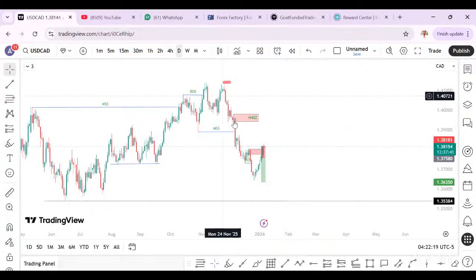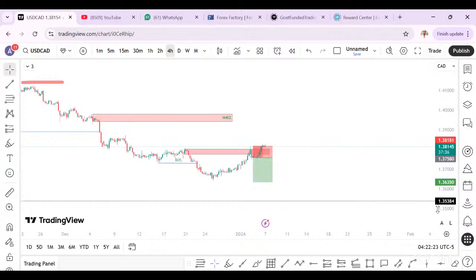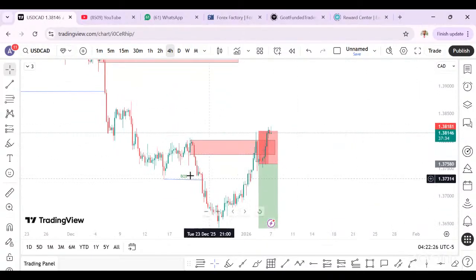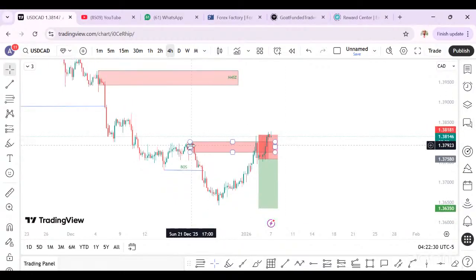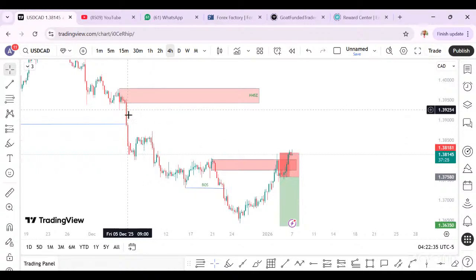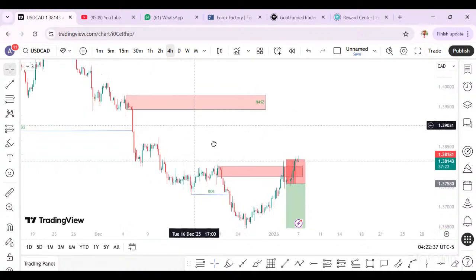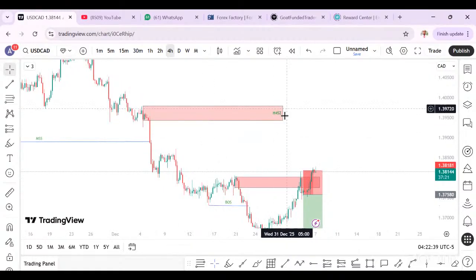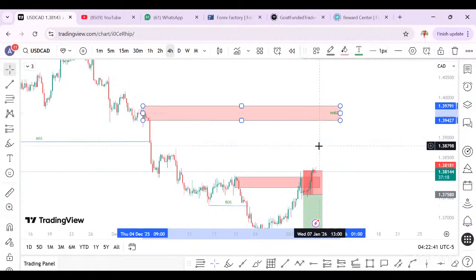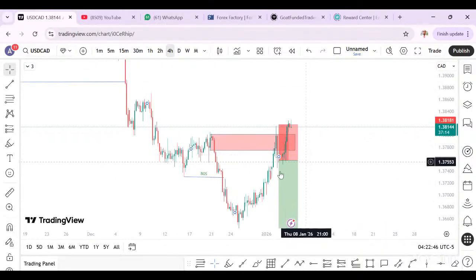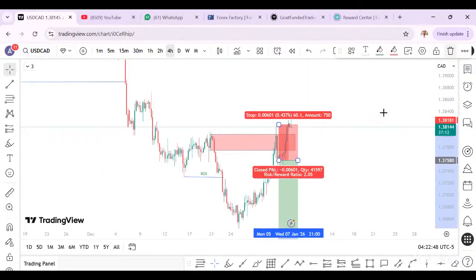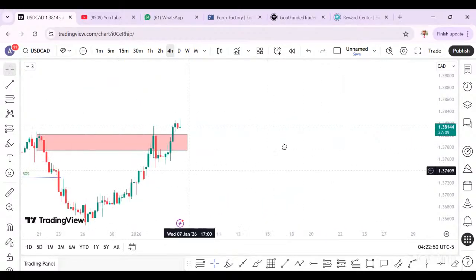So going to smaller time frame to look for entry. Now, that is higher time frame. But let's go to 4 hours. So on 4 hours, you can see now you mark it, we have a clear break on 4 hours, right? Then this becomes a valid zone. But when you look here, look at the imbalance, right? So it means that there's another zone that price can trade to. Now, price moved to this zone. Let me delete this now. I didn't stop loss. Now, price came here.